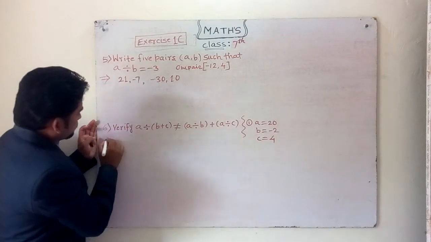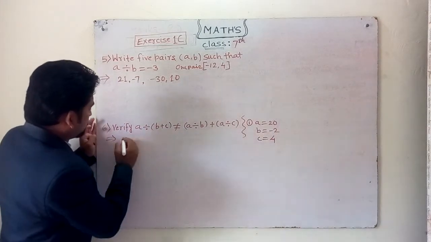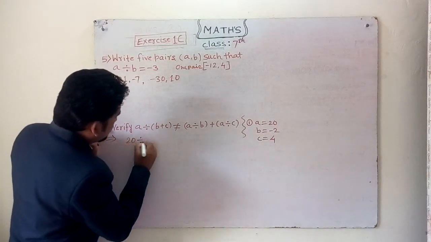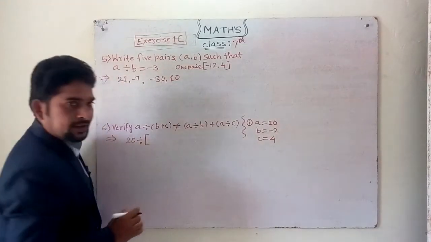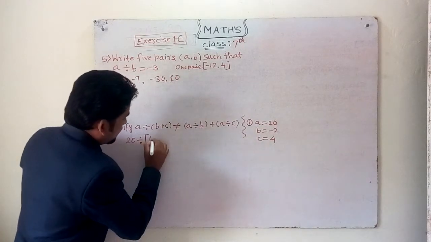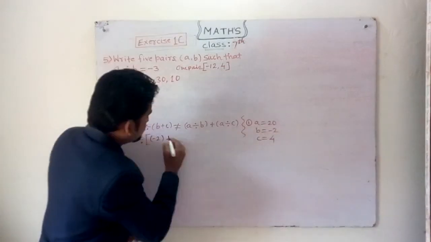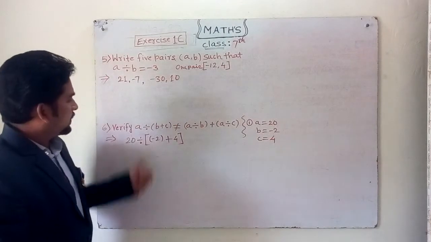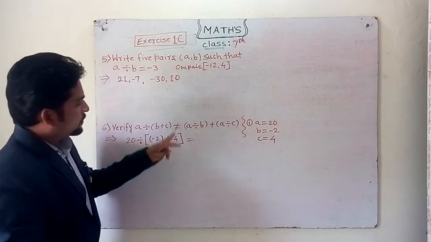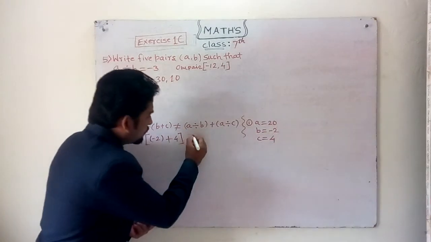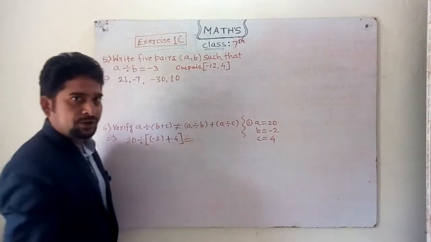So directly after this I am writing A is equal to 20. Put 20 divided by, in brackets, the value of B is -2. See here, as it is a minus value, I have taken a square bracket; I have to take a small bracket. Plus the value of C is 4. A, B, C's values we have put there. After that, now not equal to, we don't have to cross this. We have to show it. After that we will decide whether it is equal or not equal.